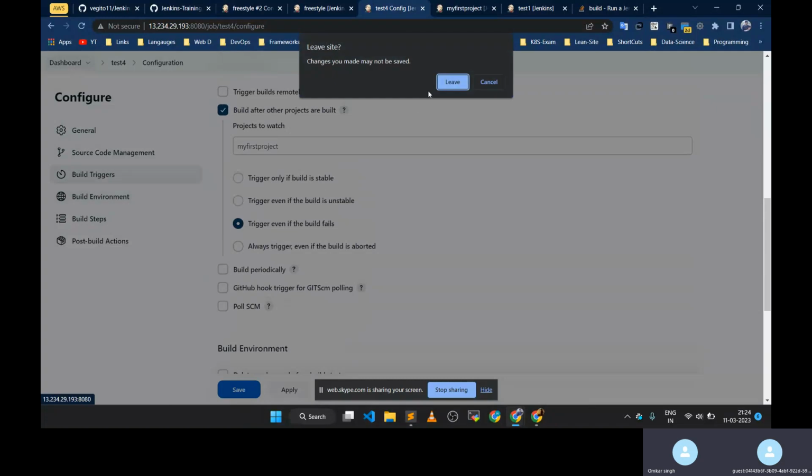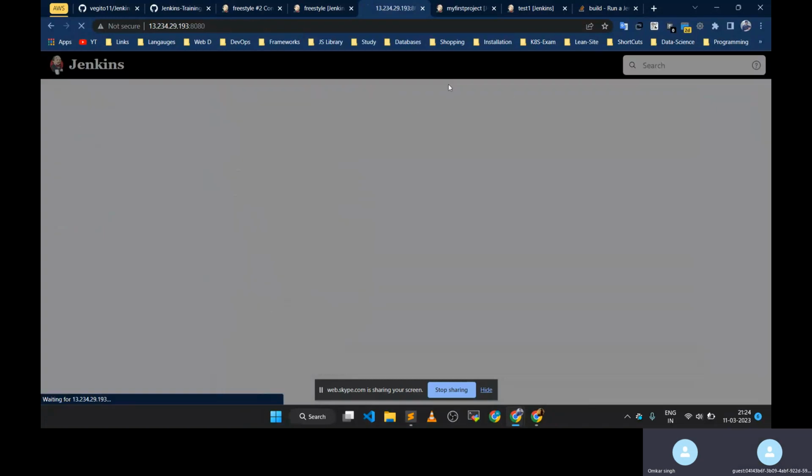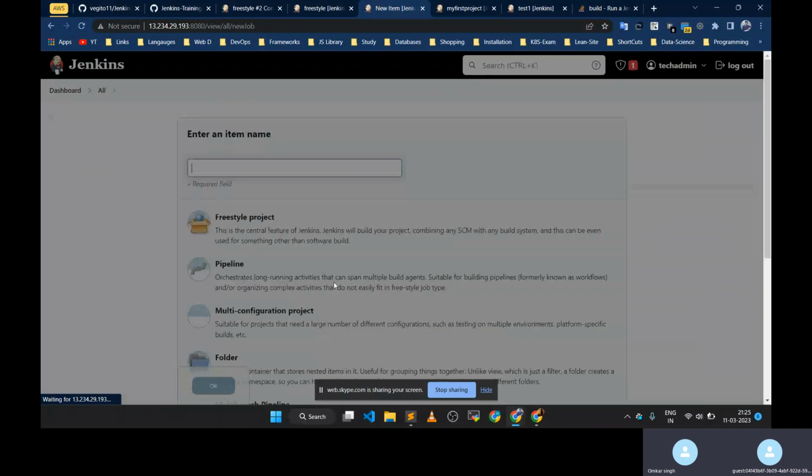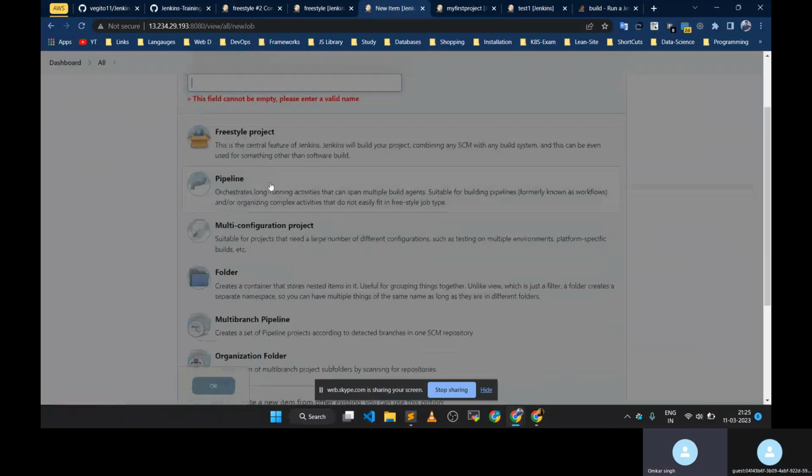Yes, got it. Generally I don't like the freestyle job because it provides very limited things. Suppose you want to run a Python script, yes, you can run a Python script, but if you want more automation, like downloading something and using that particular file, it will be very difficult to achieve in the freestyle job. Instead of that, we use the pipeline. So now go to new items, click on pipeline,